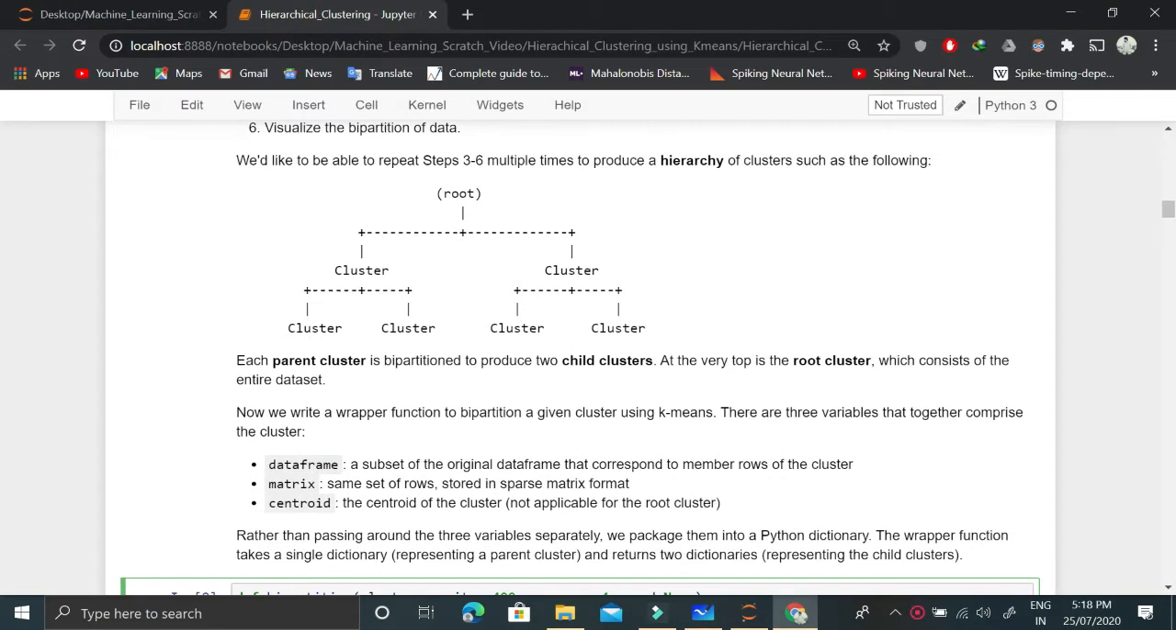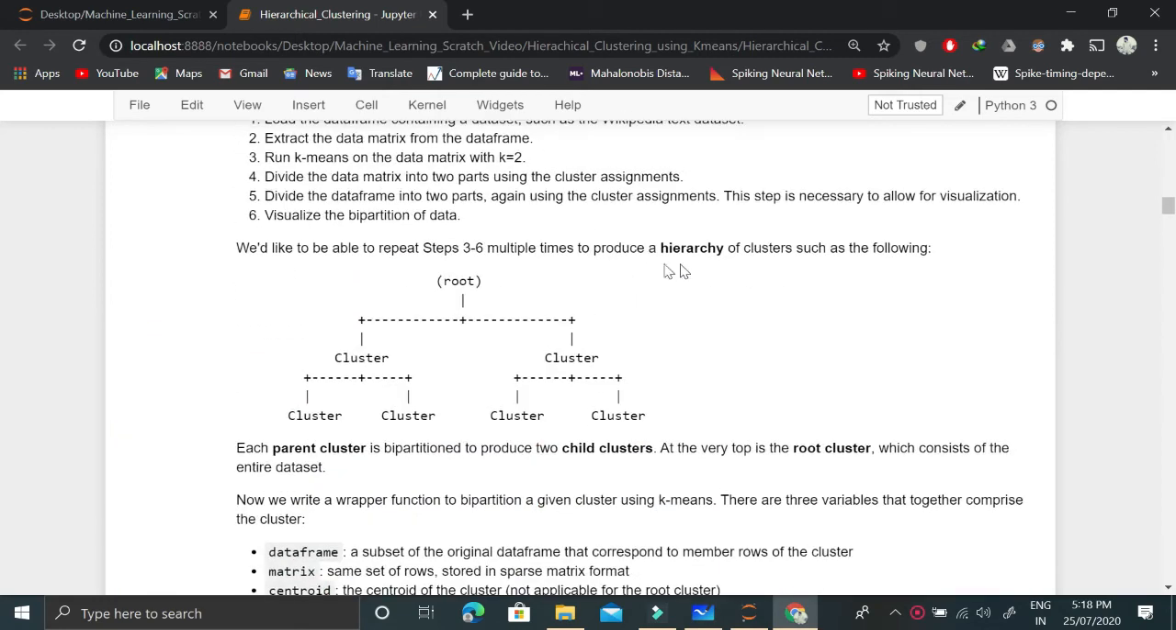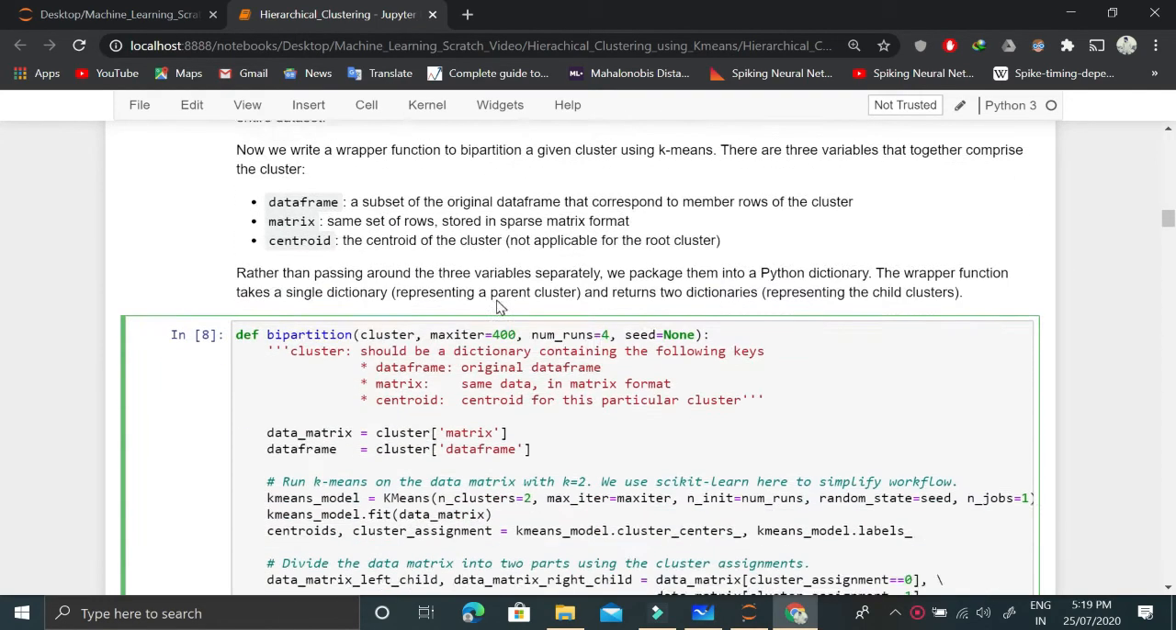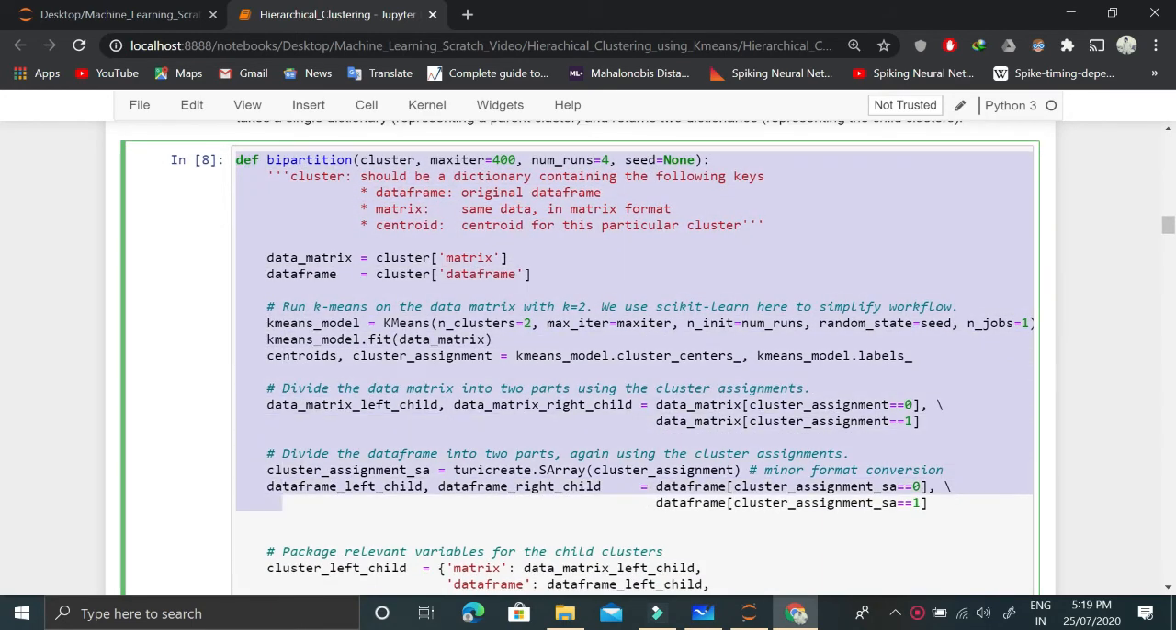So this is what I was talking about, where we have clusters, and these clusters are again divided into subclusters. This is why we call it a hierarchy of clusters. So basically, this is the main function. If we understand it, all of the thing is clear. Now what we do here is,